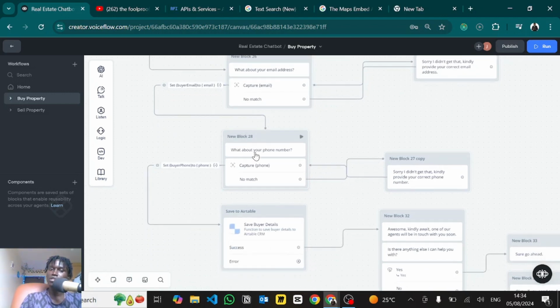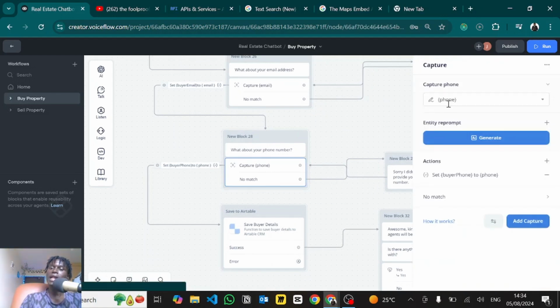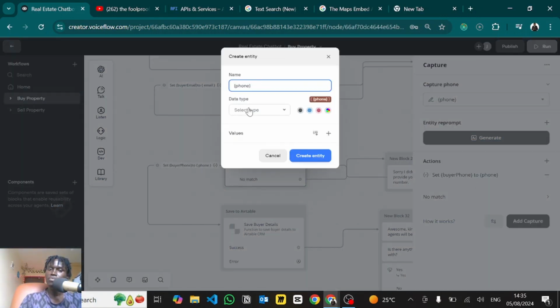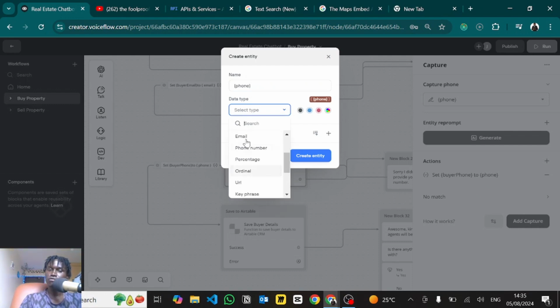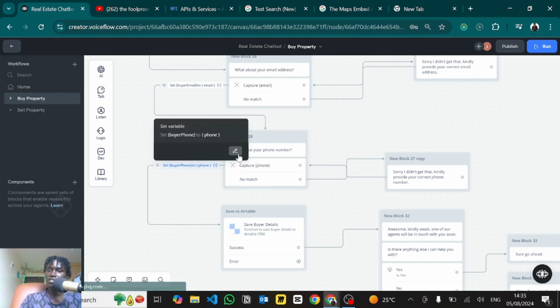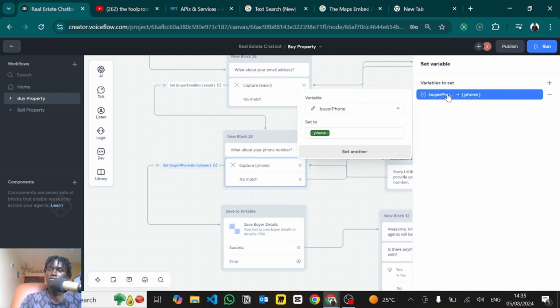So next we'll capture their phone number. So what about your phone number? This is a capture block and an entity. Okay, so you'll create a new entity, call it phone, give it a data type of type phone number. Then with that being said, you can go and set the buyer phone. So this is a variable I've created to that specific phone entity that we have created. Okay,